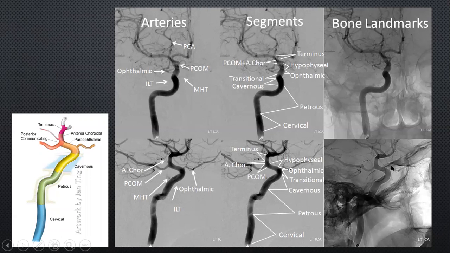The other important bony landmark to identify, apart from the petrous bone over here, is the clinoid process. Extremely important. I've identified the ophthalmic artery, and it's very important to assess where the ophthalmic artery is in relation to the clinoid process itself. Because the aneurysms beyond that, or the segment beyond that, we sometimes refer to as the supraclinoid segment of the internal carotid artery. And it is a very, very important surgical landmark as well when we are operating for abnormalities around this area, because you have to identify the location of the ophthalmic artery and the PCOM to judge the exact location of the dural ring.